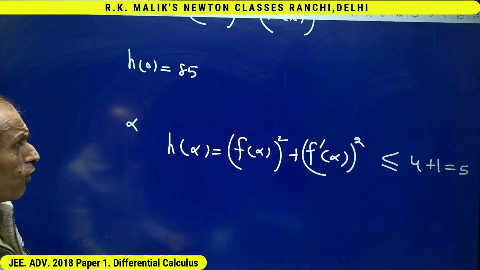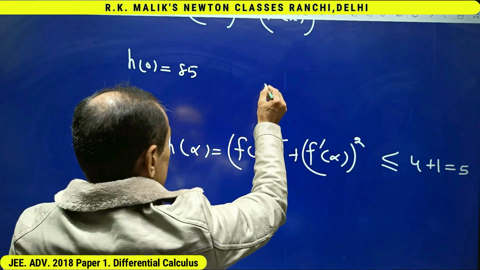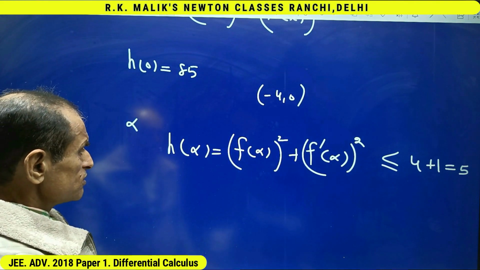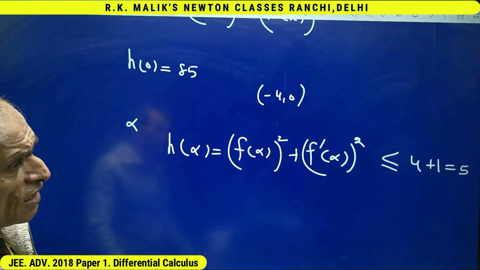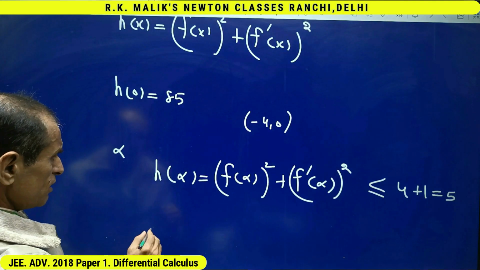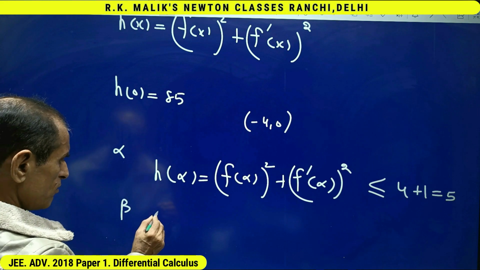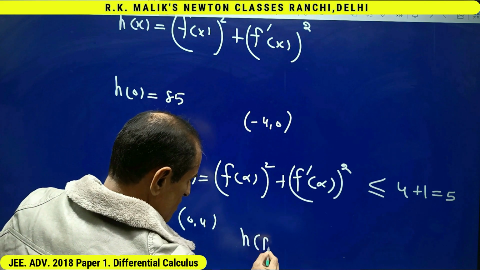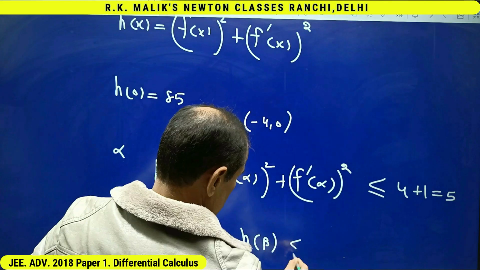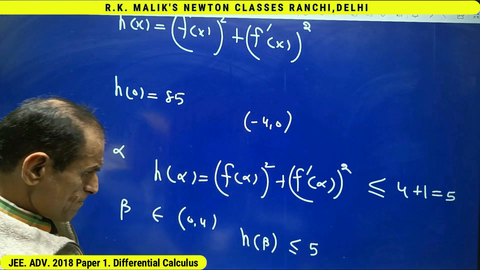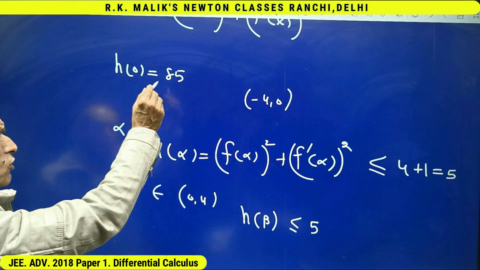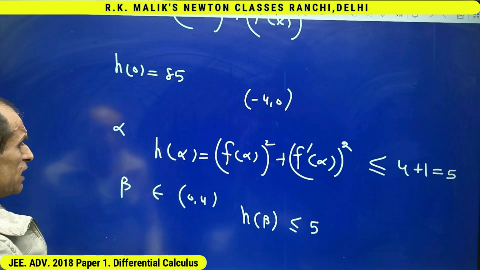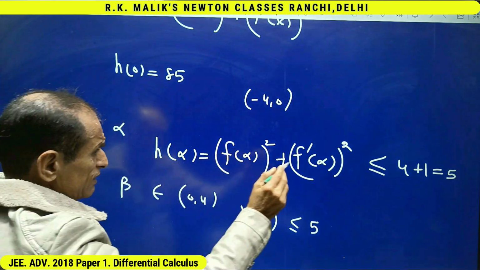Means we have found a number alpha in the interval -4 to 0 such that h alpha is less than or equal to 5. Similarly, there is a number beta belonging to the interval 0 to 4 such that h beta is less than or equal to 5. And because h0 is 85, that is, h has attained y coordinate 85,